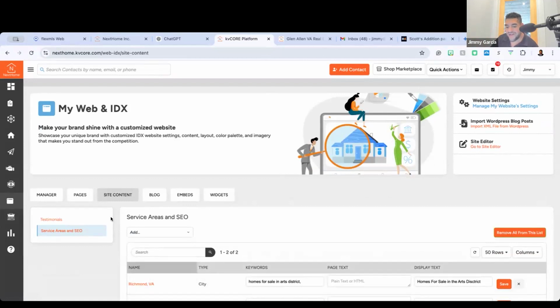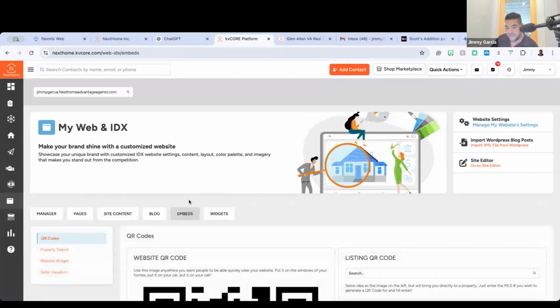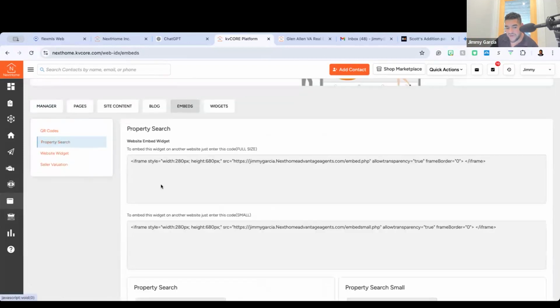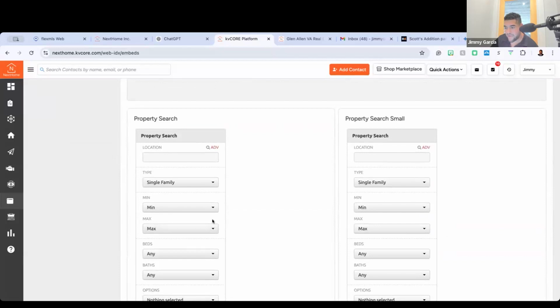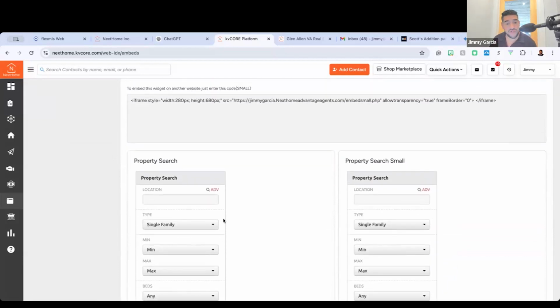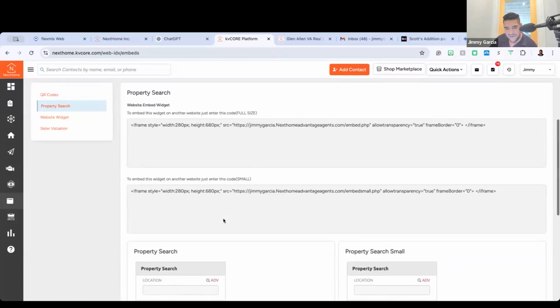Once they're on the website, if I want to have some very specific search parameters, that's when I go into property search in the embed section and put in any of my parameters right here. In a very similar way to how you do it for any of your people in your CRM, right? If you're going to set them up on a custom search, you do the exact same thing, same style.